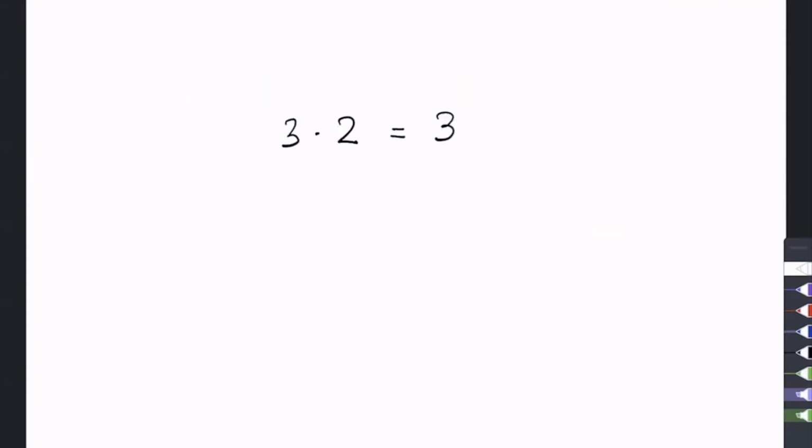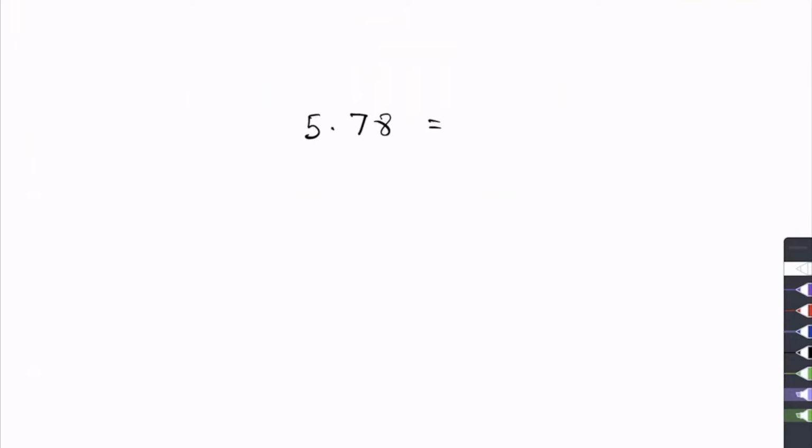If we look at 3.2, we know that the 3 is in the ones column, so we have 3 wholes there. And the 2 appears in the tenths column. Therefore, that is going to be 2/10. So we just write it as 3 and 2/10. 5.78 would now become 5 and